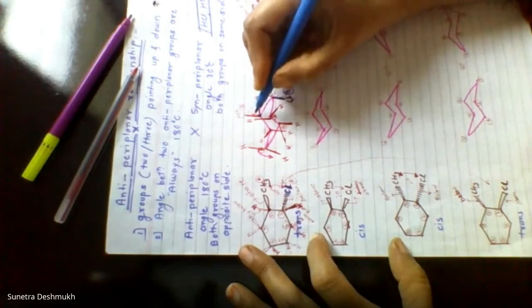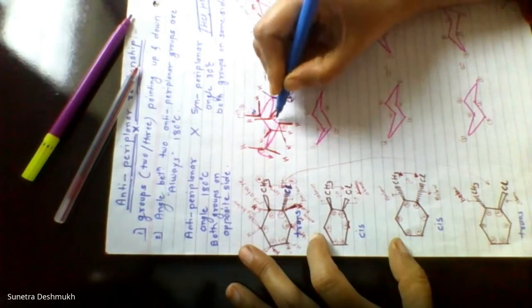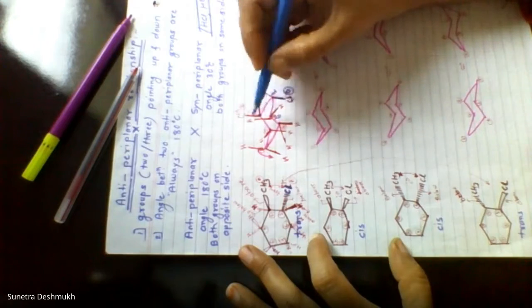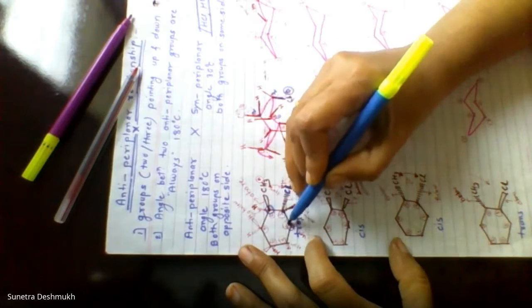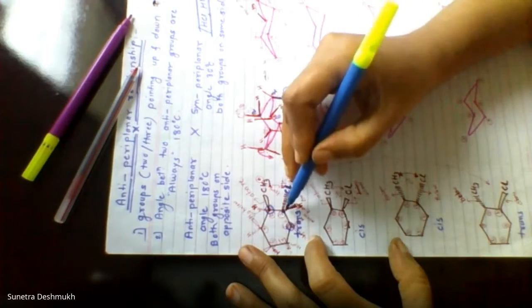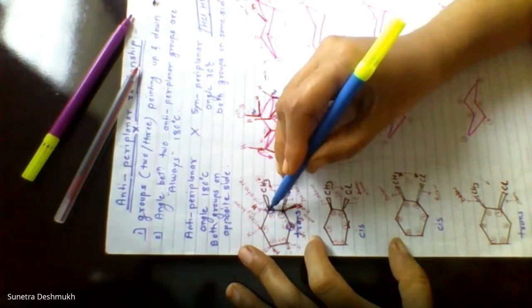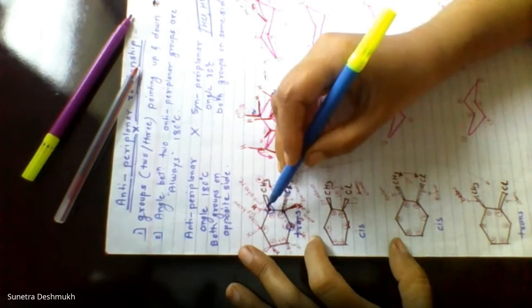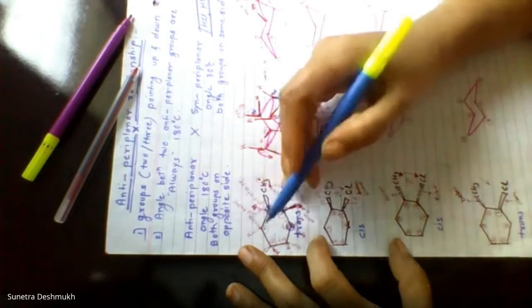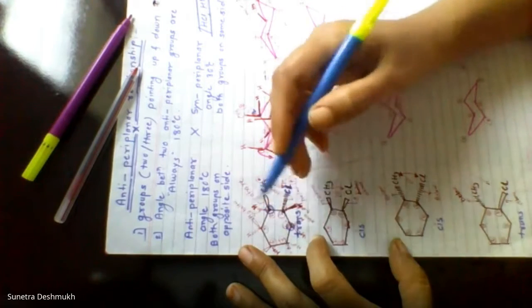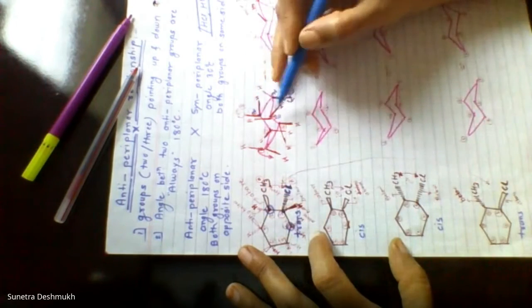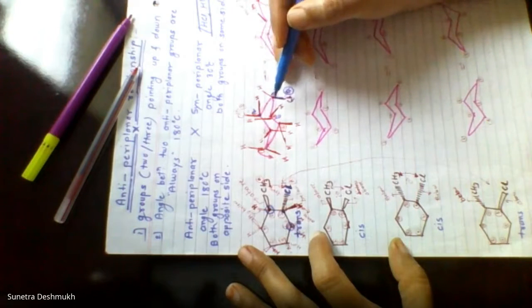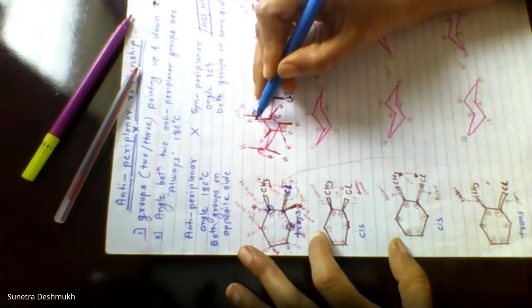Now we have to go for two adjacent carbon atoms. Which are those adjacent carbon atoms? For the first carbon atom, the second one and sixth one carbon atom are adjacent. Because chlorine is present on the first position, the adjacent carbon atoms are this second carbon atom and sixth carbon atom. We cannot consider third, fourth, fifth for the elimination of chlorine. Later we will see how to come to third, fourth and fifth carbon atom. So first we will consider second and sixth carbon atom. So I have drawn here second and sixth carbon atom.